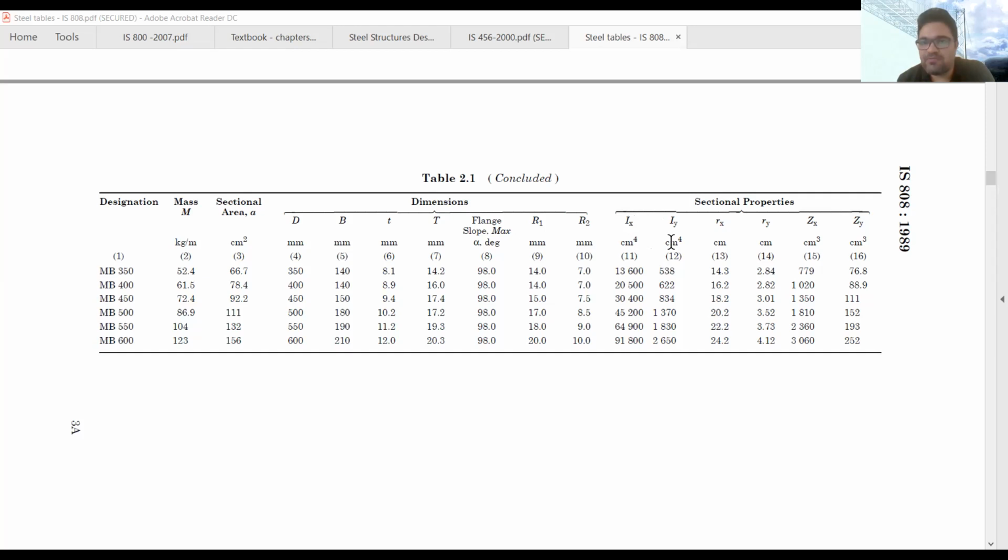Well, one more thing that we have to remember, in the new code, which is IS 800, IZZ and IYY are being used. So we should not be confused with that also. So I am writing here. Here it is written as IXX, but we are referring to this as IZZ. So wherever I use IZZ or Z axis, this is actually referring to the X axis. Okay. So in the new code, it is referred to as ZZ, but in the previous code version, in most of the cases it is used as X axis. Okay. So please don't be confused. And IYY will be the same in the new code also.